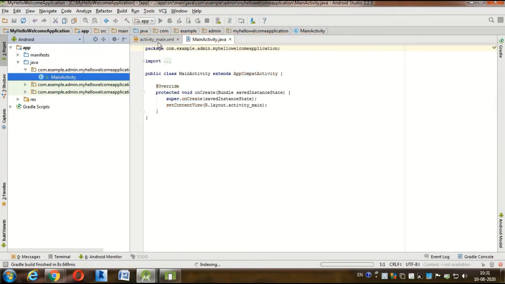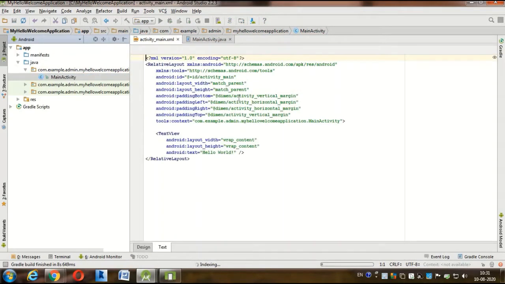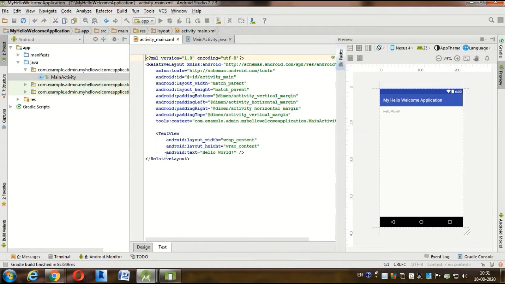By default, whenever we click on activity underscore main.xml, hello world is already written. Then we simply edit the text in Android.